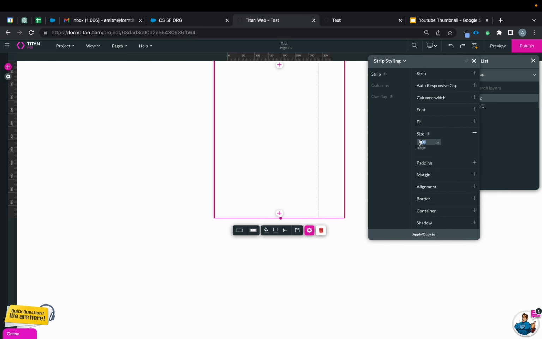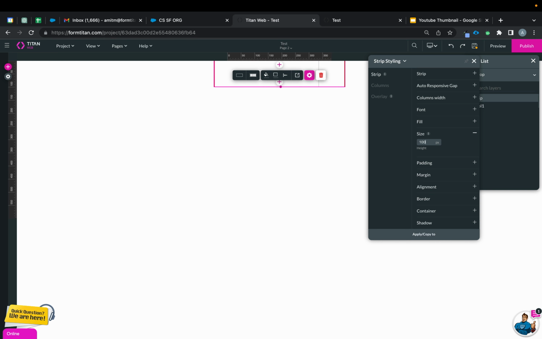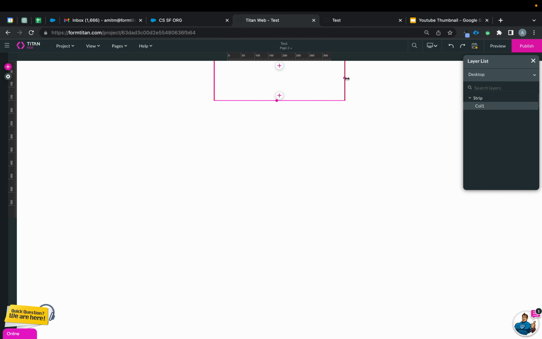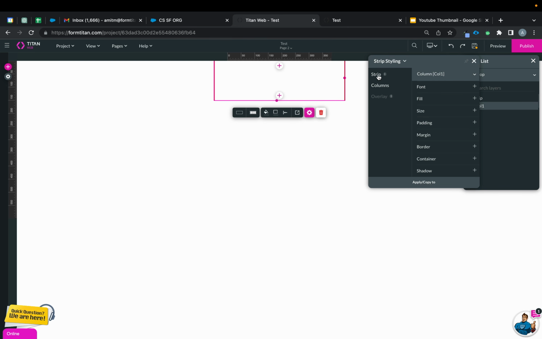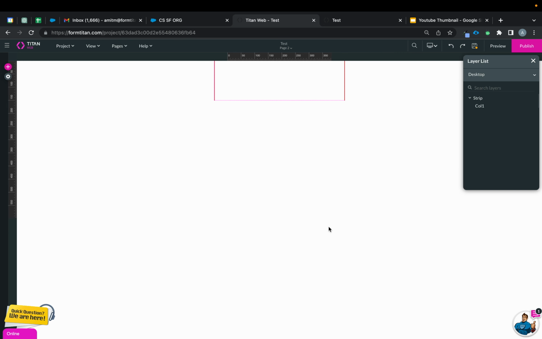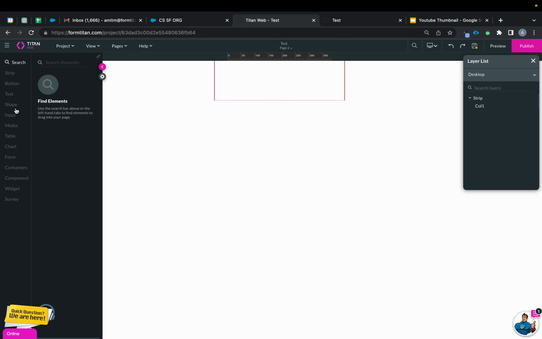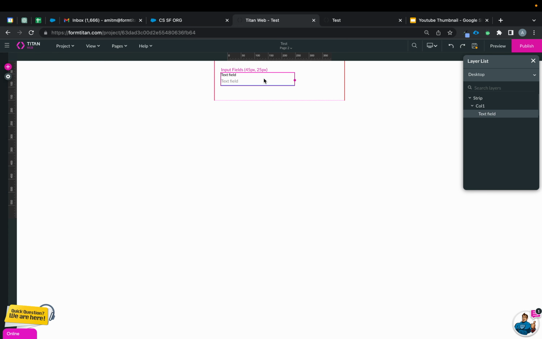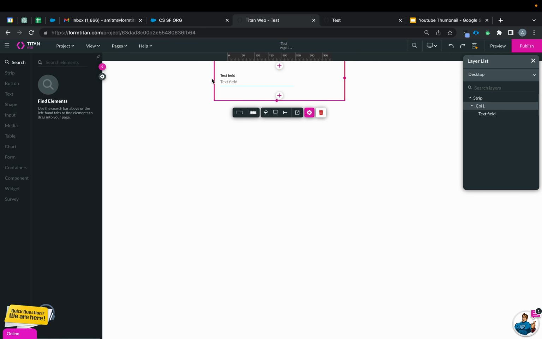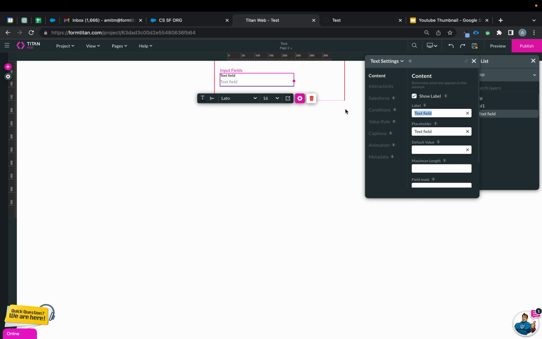So we'll do height being about 500. Actually, maybe 100 is good. Maybe 200. 150. Yeah, let's go with 150. And then the strip itself, the column width is going to be about, let's do 600, why not? Okay, so now I'm going to insert a field. The purpose of this field is to collect fruits. So we will call this one fruit,